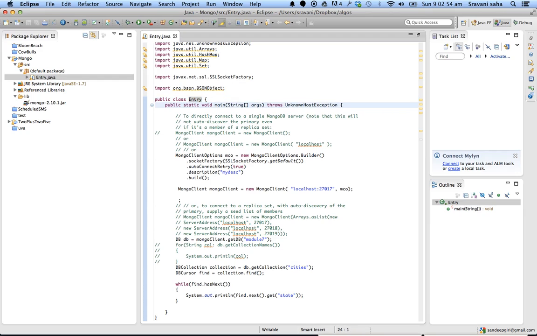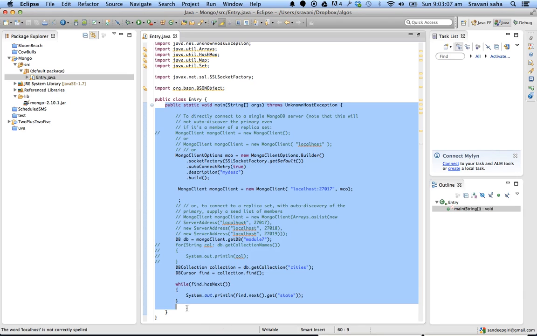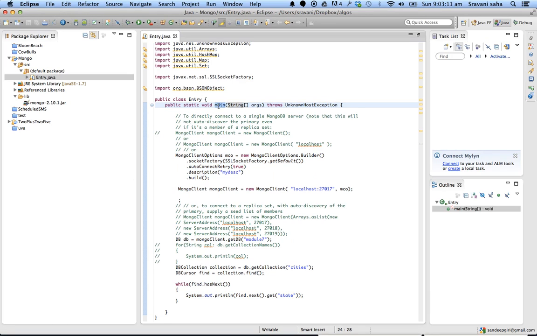And this class has got a main function. Whatever the name of the class is, it is the same as the file name, one public class. And this is my function from here to here inside this class. And if your class has got a function called main, public static void main, that means it can be executed from the command line. So to directly connect to your Mongo,